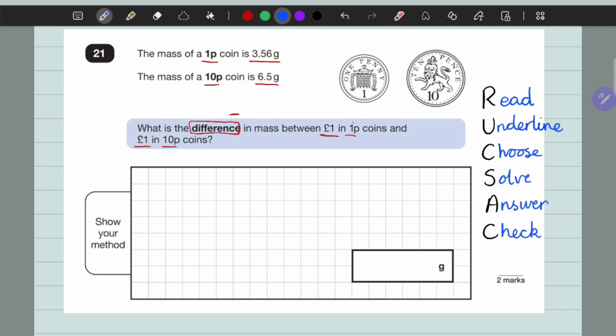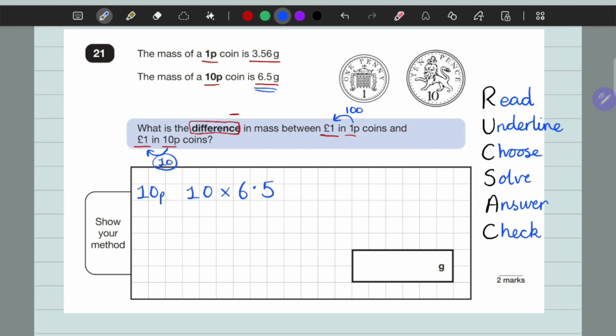Okay, so first, let's have a think. How many 1p coins do I need to make £1? That's right, we need 100 1p coins to make £1. How many 10p coins do we need to make £1? We need 10 of them. Okay, so let's do this one at a time. Now let's go for the 10p coins first. Not sure why, that's just the one calling me. So I need to work out what 10 of my 10p coins would be. So I just need to multiply that. 10 multiplied by my